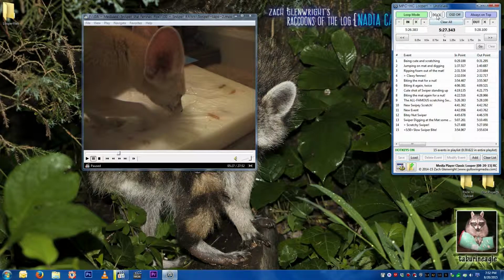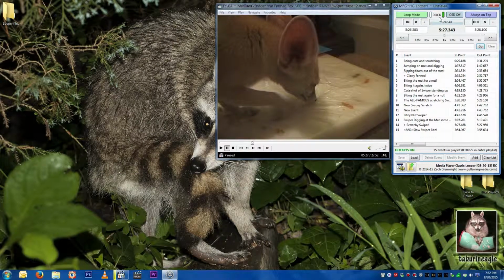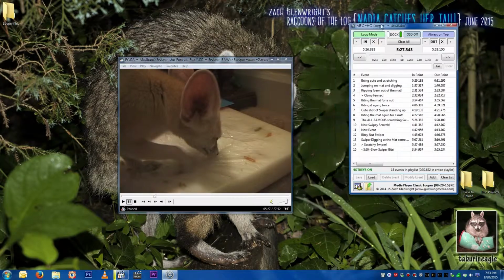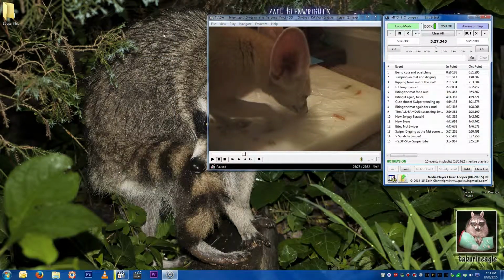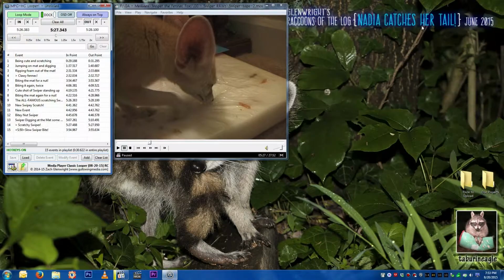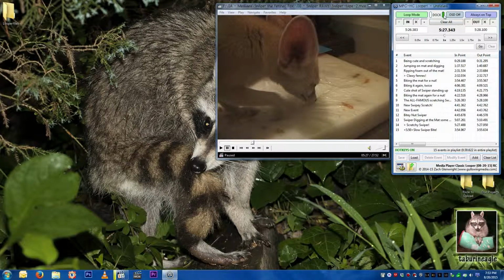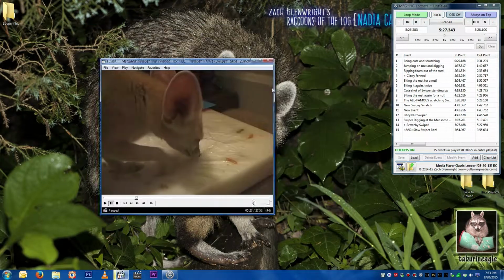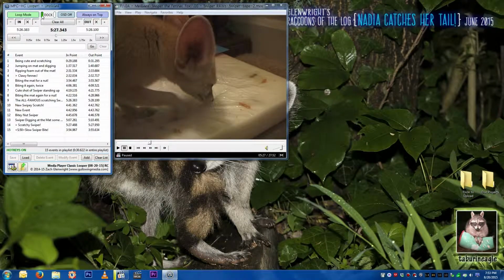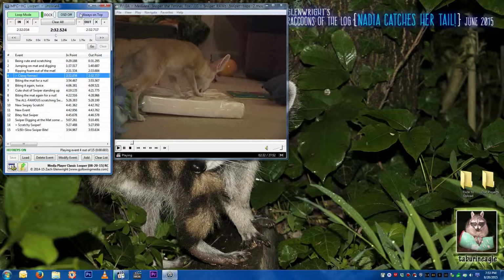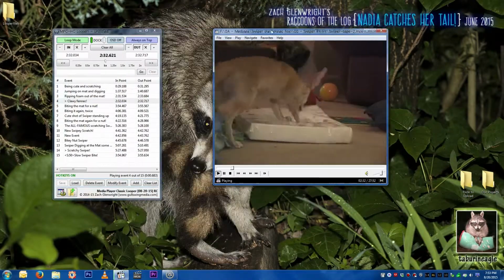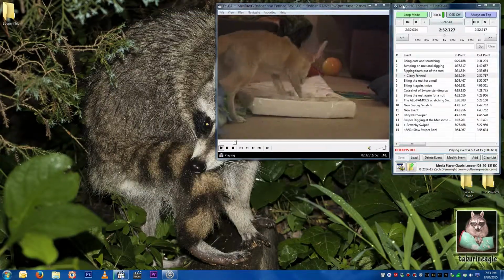A third thing, which I made also due to a suggestion, is window docking, where the player and Media Player Classic dock to each other. So if you move one, it moves the other. When you click on the buttons, it sends them to one side of the screen. You dock it left, it sends everything to the upper left. Put it right, it sends everything to the upper right, and then either click the word dock or click the button again to turn docking off. So now docking is off. Now it's to the left. You can play it, move the windows, and either of them moves the other one. Move it to the right,